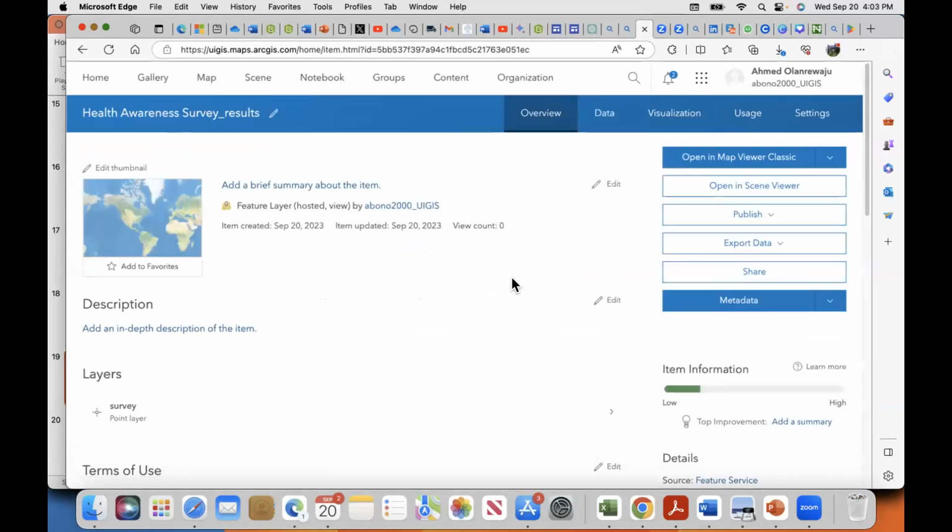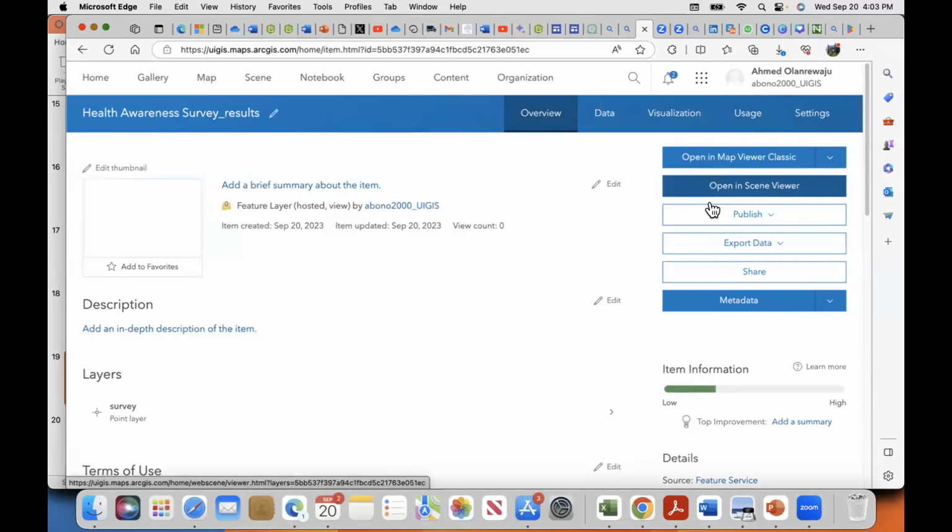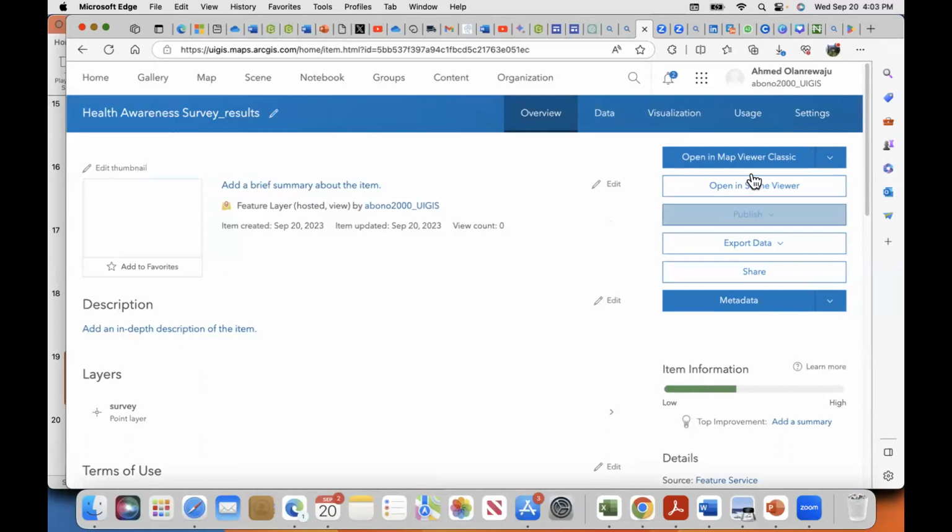Okay, so this is the health awareness survey results. We can open it on our map viewer. This one is online, and we can also open it on ArcGIS Desktop and also on ArcGIS Pro. But because ArcGIS Desktop and Pro are not installed on this system, since it is an Apple system and it's picky, we are going to open it on Map Viewer Classic.